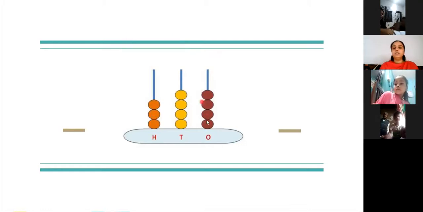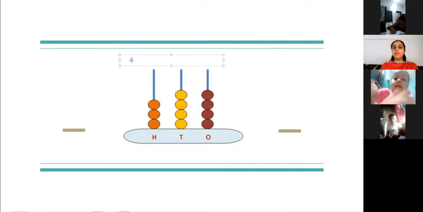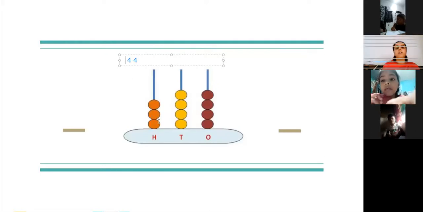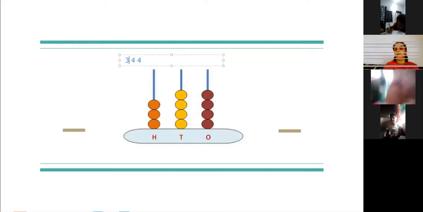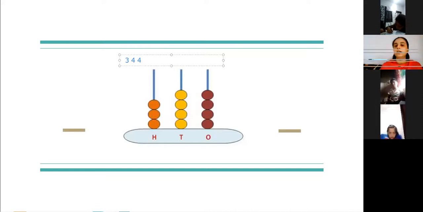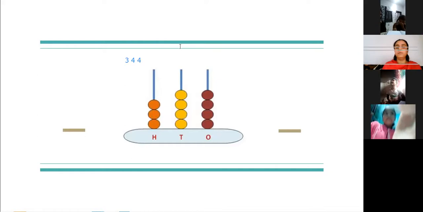Okay. So see here we have 4. So that means I will write down here, at the units place you will have 4. Then we move towards tens. 1, 2, 3, 4. So here also we have 4. Then we move to the hundreds place. There we have 1, 2 and 3. So this becomes 3. So now can you see we have got the number 344. So many of you have given us the correct answer. So children, this is a very good method of representing your number.